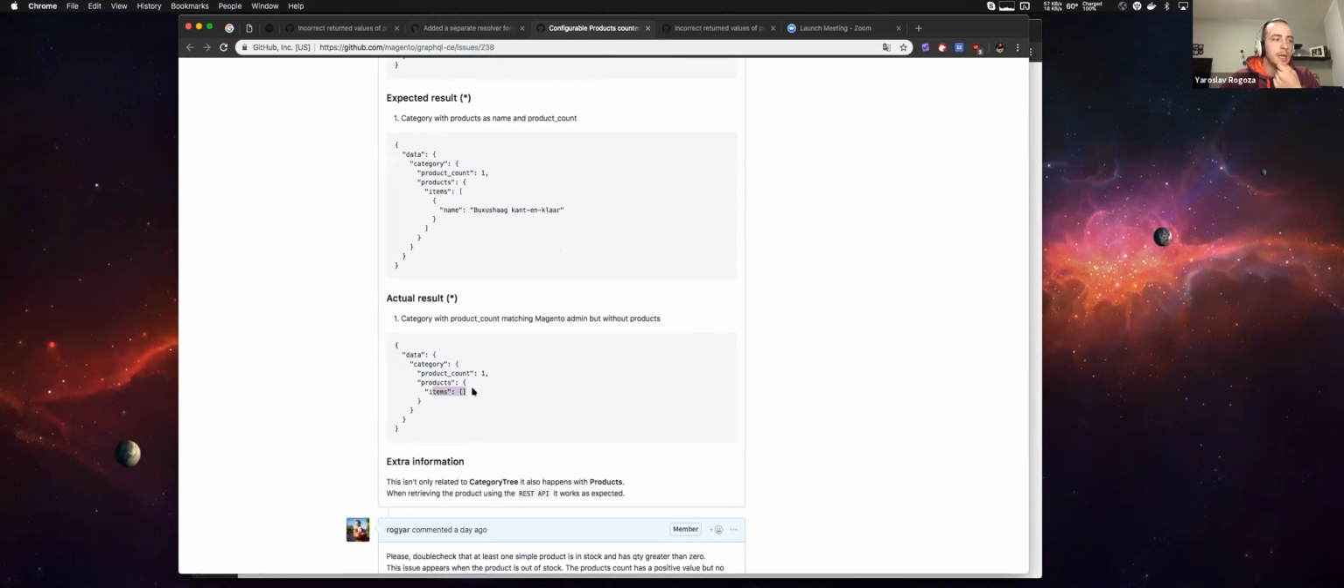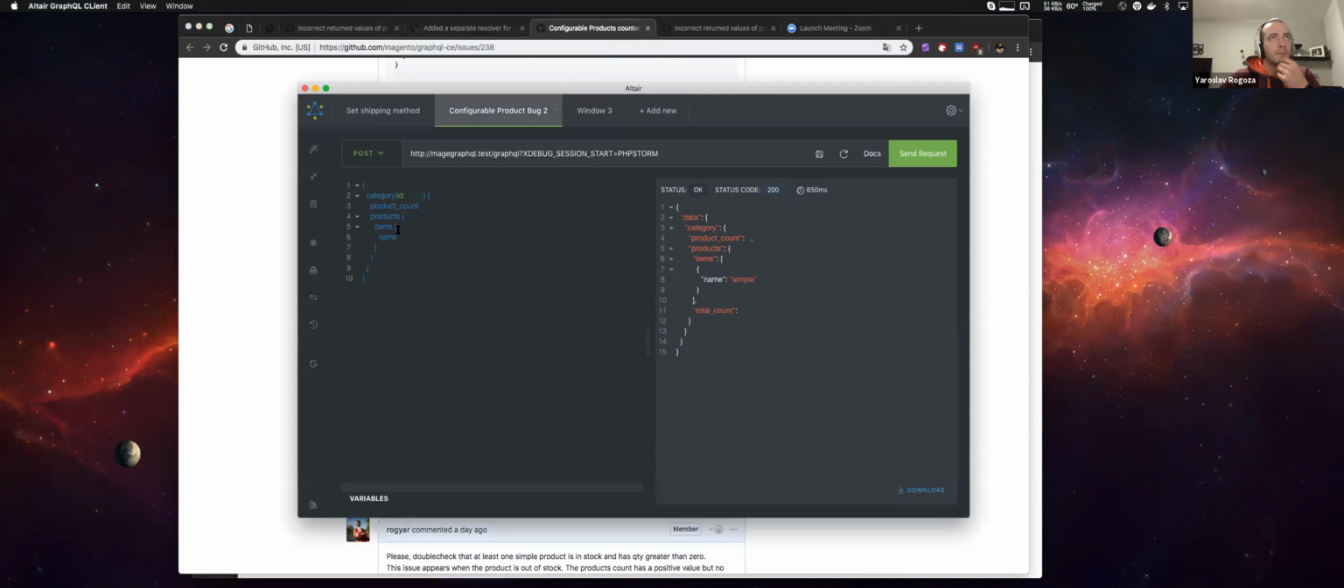So if we have only 2 products visible, and by visible I mean visible in catalog, and the products are in stock and have a positive quantity, and just to show the results. So that was the previous result. For example, we have only 1 item returned, but this field product count shows that we have 4 items. And after implementing a separate resolver, this value represents the real amount of products that will be returned in products